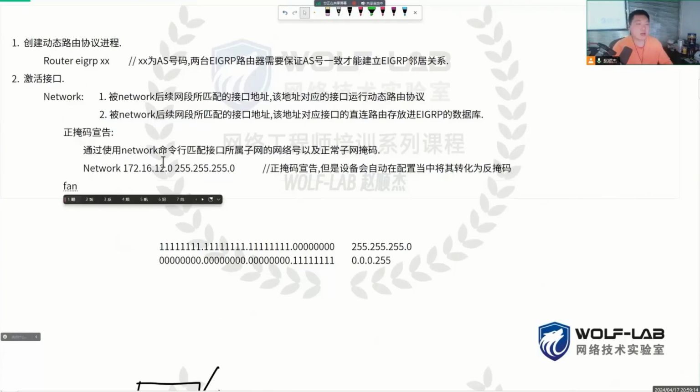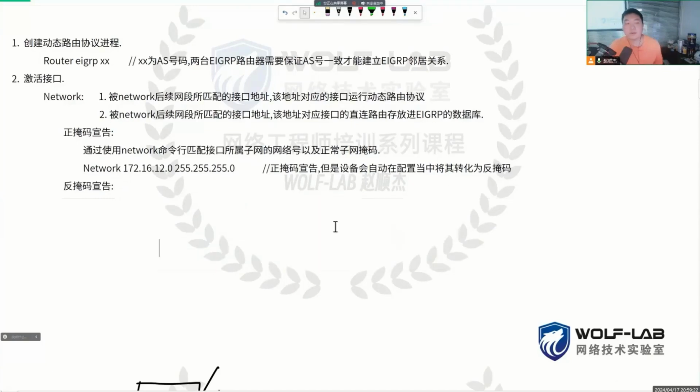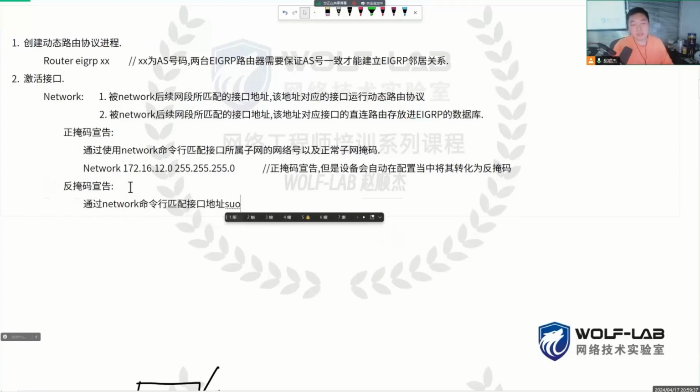Router EIGRP: the first step is to create a process. The second step is to activate the interface with the network command line. So R2's interface 0/0, its address is 172.16.12.2, belongs to the 172.16.12.0/24 subnet, regular mask